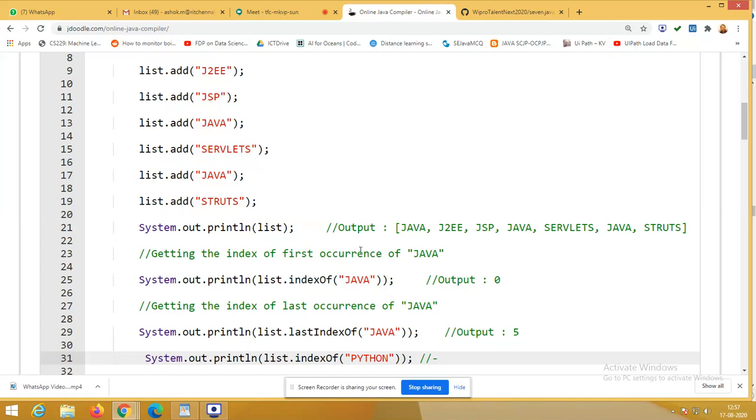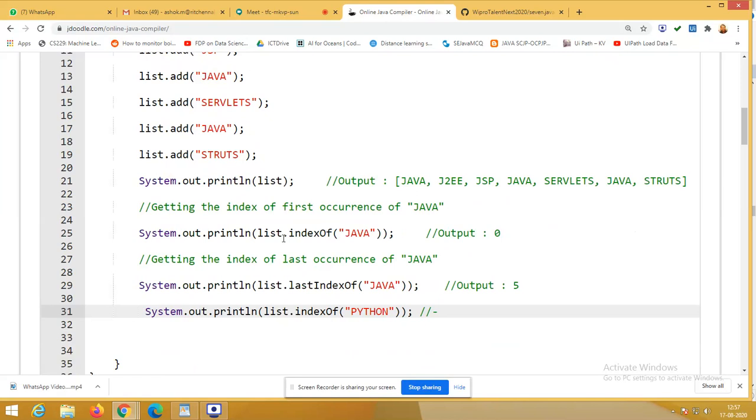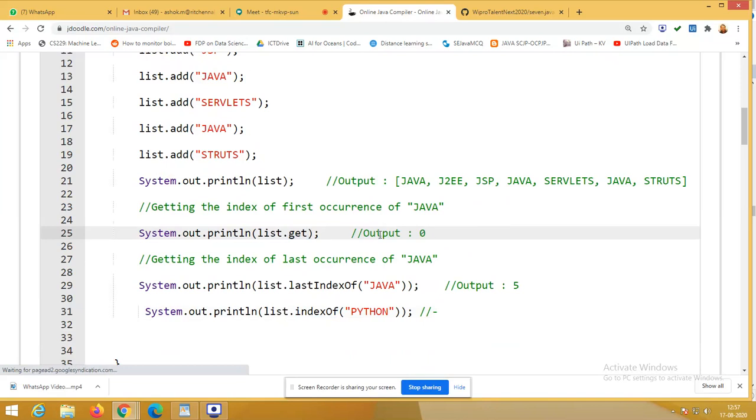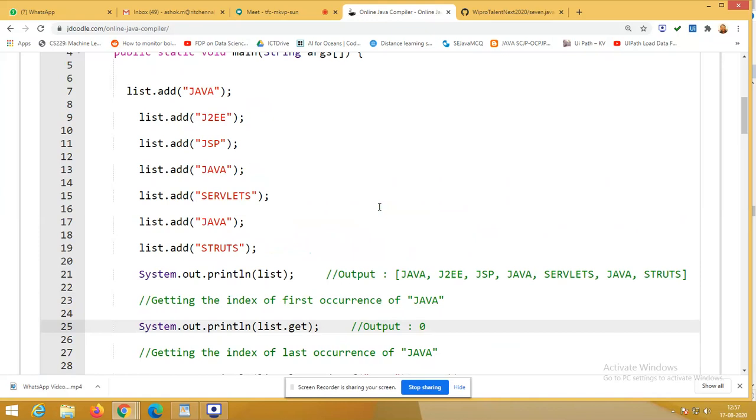So if I need to get the second Java, what do I have to do? List dot get of position to retrieve the first Java. What we will do? Get of 0. Okay, so the same statement. We'll copy this.